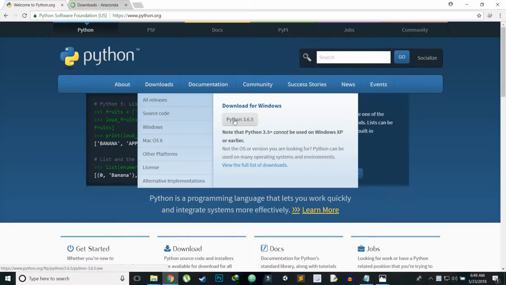I'll just say something off the top. Linux and Mac OS have Python pre-installed. So there is the probability that you don't even need to download Python, you just need to update it. Update it as required, and for those who don't have Python, go to Downloads, click on Windows, and you can